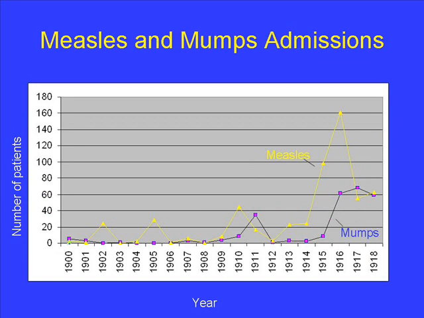Now, measles and mumps were frequent occurrences. Generally speaking, they were probably handled in the community, but as the years went by, more and more of these patients would be brought to hospital. And we had a large spike of measles beginning about 1915, and a similar spike of mumps. Generally speaking, mortality was quite low, but there were 6 deaths due to measles during that period of time.